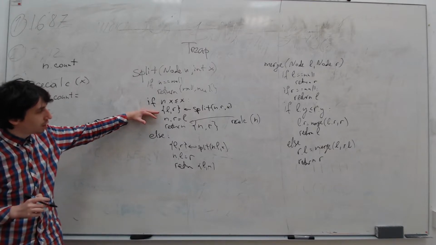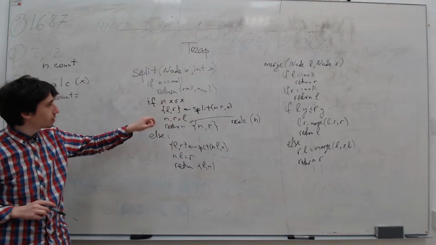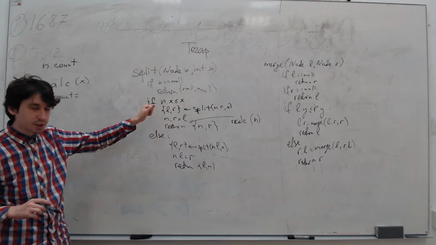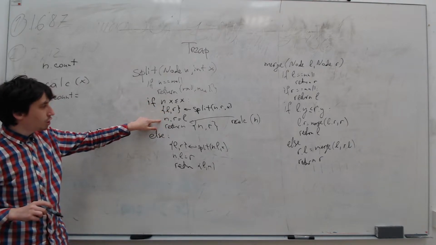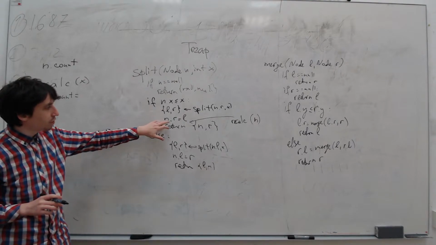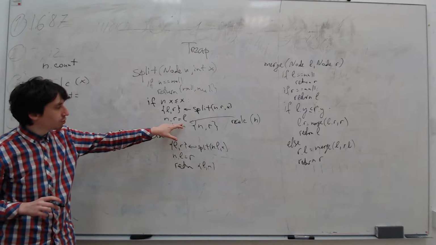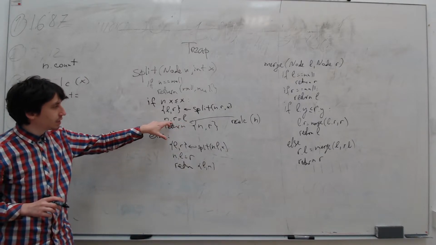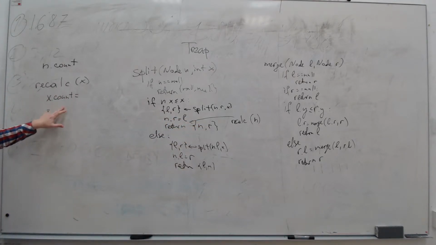For example, when we are out of the split, then L and R have already calculated the count properly. L.count will be the number of elements in the left tree, R.count the number of elements in the right tree. Then we changed n.r, so instead of n.l, we placed there L. And we want to recalculate the number of elements in n. So you call recalc of n, and how do we calculate the count in the subtree of x?